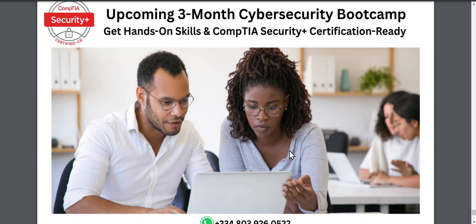Another pathway is to be a SOC analyst. SOC means Security Operations Center analyst. These are the guys that actively, constantly monitor for indicators of compromise, threats, attacks in the network 24/7. SOC used to be in three layers. There's tier one, tier two, tier three. If you take the Security Plus, you should perfectly fit into tier one, at least to start with, as entry level. Also, you can be a network administrator, with a focus on network security.